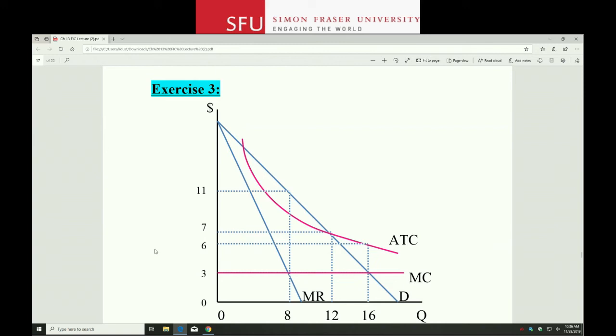So the last part of the chapter is about something called price discrimination, and that is simply when a firm can charge different prices to different consumers for the same thing. Now this happens all the time, and it doesn't have to be a monopoly, but it can't be perfect competition, because in perfect competition everybody pays the same price. Everybody pays the same price, and all the producers get paid the same price.